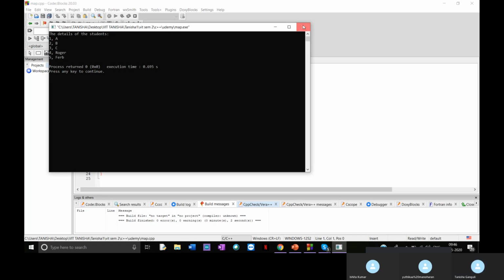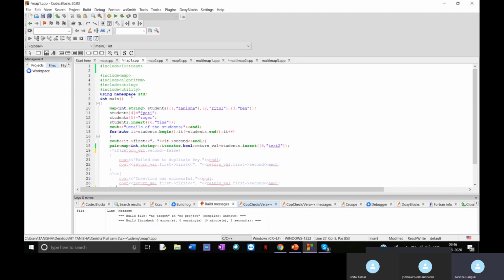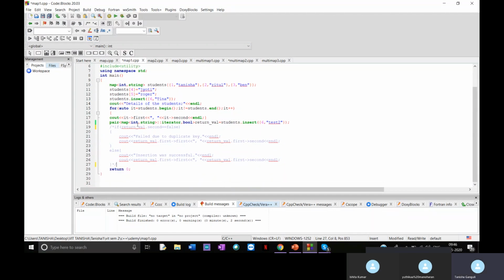Now, if we go on to the second example, again the basic syntax is already there. To add values to the map, you can also use curly brackets, and within these curly brackets you add the key and the elementary value of the map, and then again use a dot insert function, with the same for loop based iterator. Now in this example, we are going to see how to update a value in a map. All right,